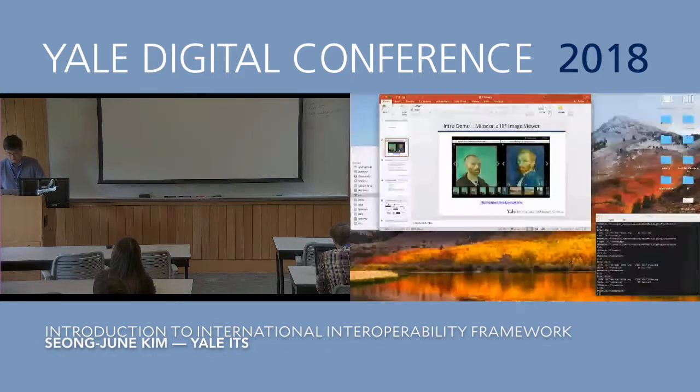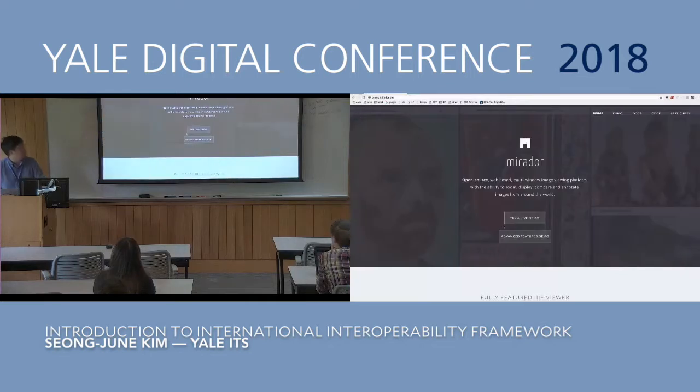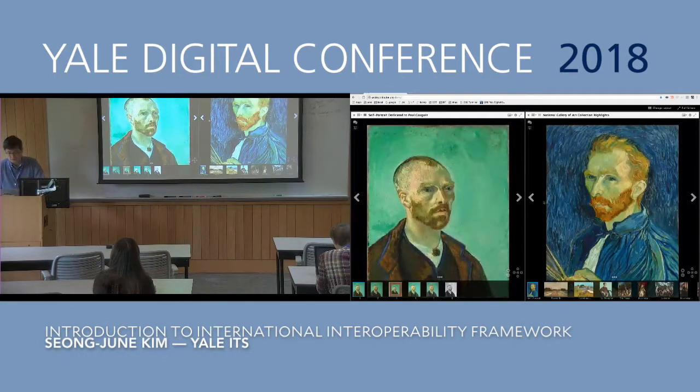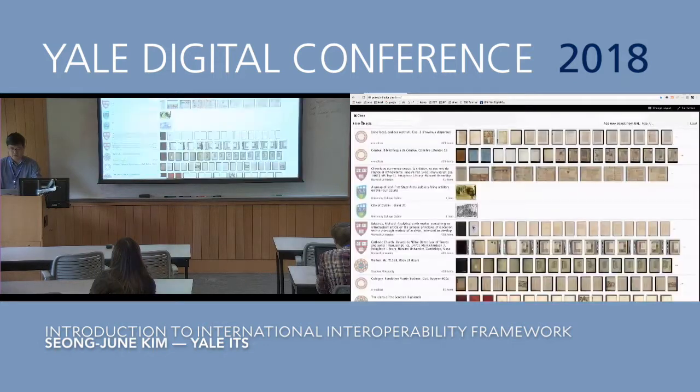Maybe I can show you something from the browser. If you go to the Mirador homepage, they have an online demo site. You can find all these links from the IIIF homepage. I can show you later. So in the demo, you see images here. First of all, let me go to this image selection method. You have rows of